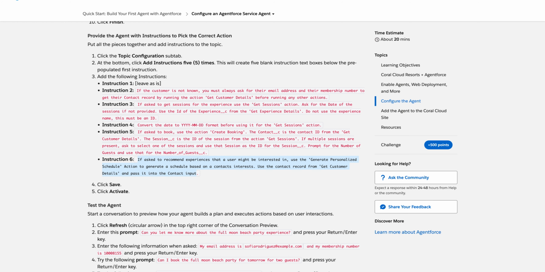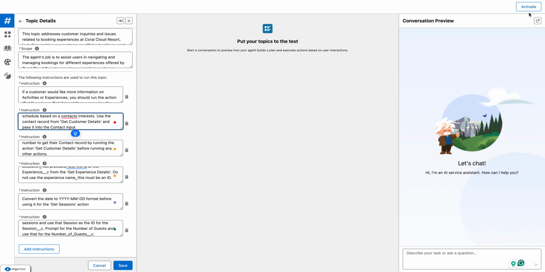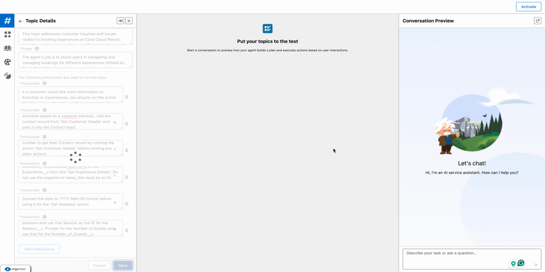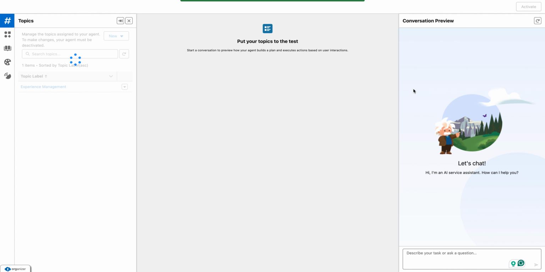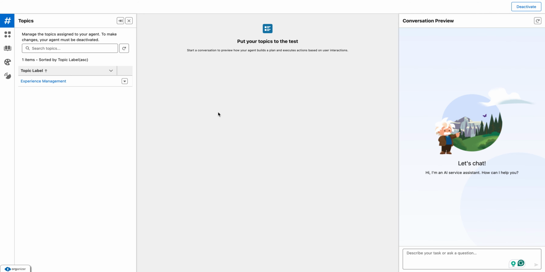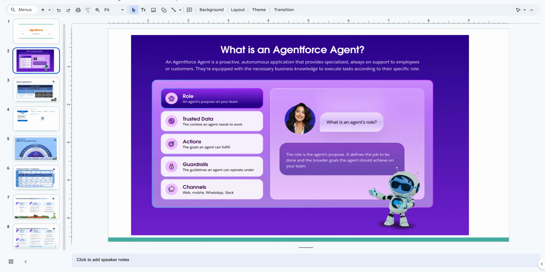Now click save and activate. So now we are just saving it. The instructions are being set up. Now the Agentforce knows how it needs to work, and on the top right, I'm activating this Agentforce. So this agent is being activated. So now we have covered